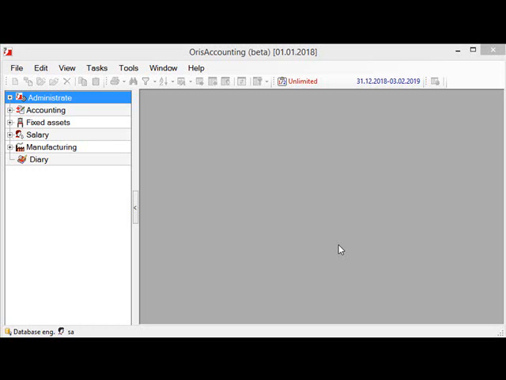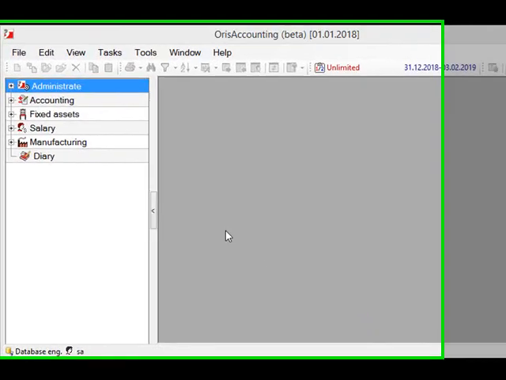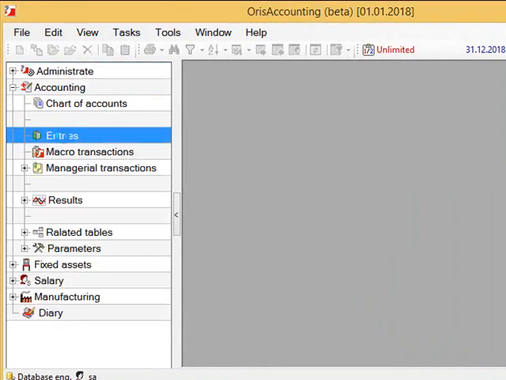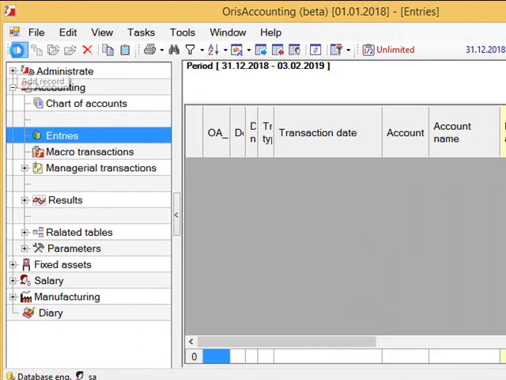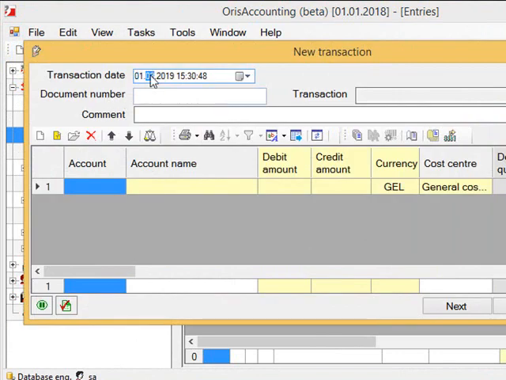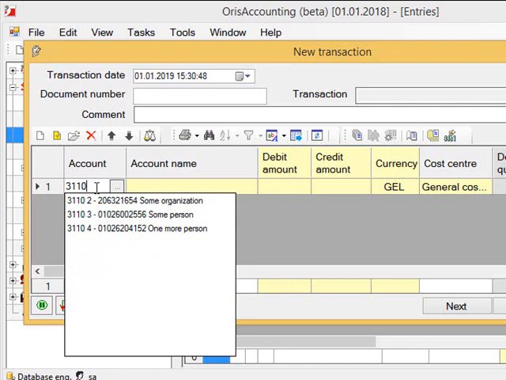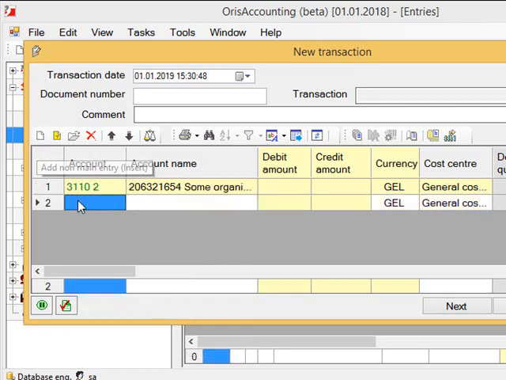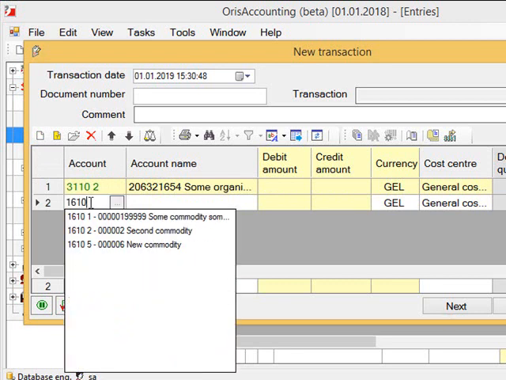Let's look at how to record accept of goods and write-off transactions in the Oris Accounting. In order to add new entries, access the menu Accounting and Entries. Add new transaction, select transaction date, account of suppliers 3110, some organization, one more entry, and select inventory count 1610,